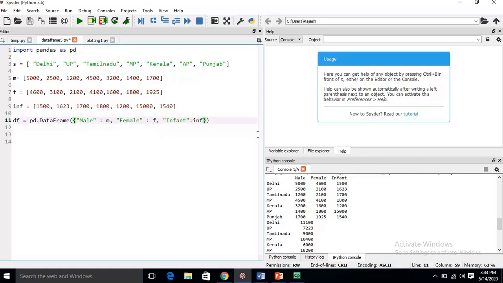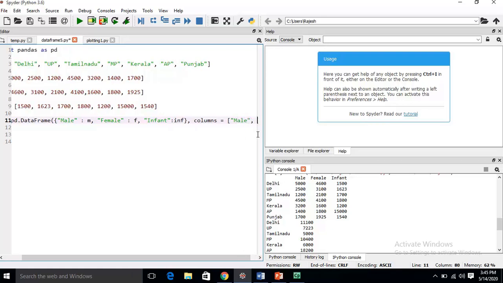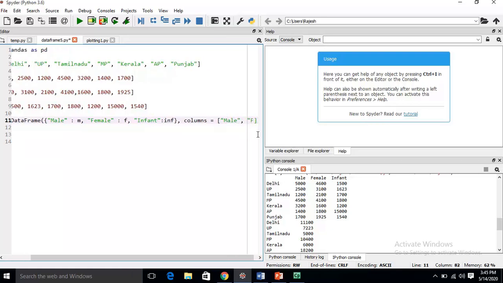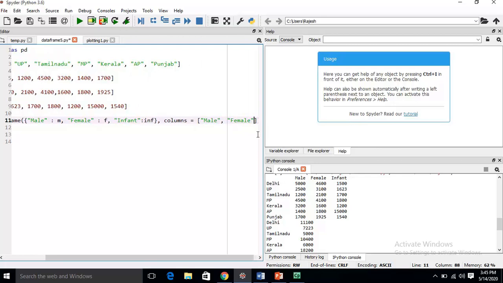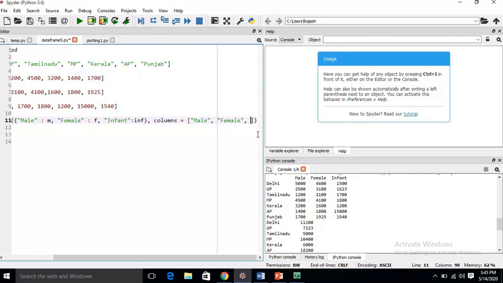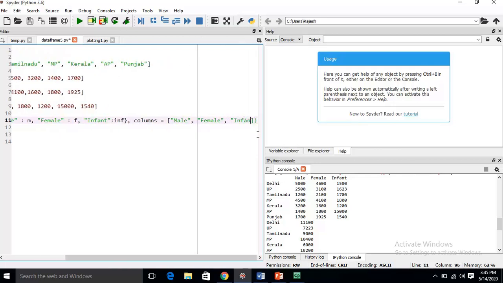Then the next task, I will use the columns option. This is optional, but I will use it here. I will decide the sequence of columns. First it will be male, then the second column should be female, then the third is infant.